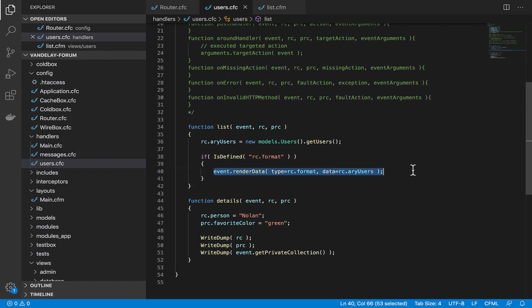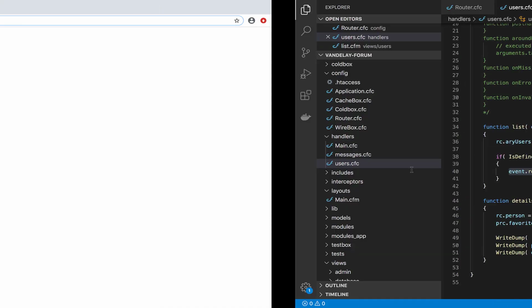This line of code is basically shortcutting what normally would be the output of our website. No header and footer is being outputted. The layout stuff is not happening now. Instead, we're using this if statement to say, I don't want you to draw the regular default HTML output of this web page. I want you to draw the format of this data in JSON for me. And that's all we had to do, was call this event.renderData function, and we got our entire app to output